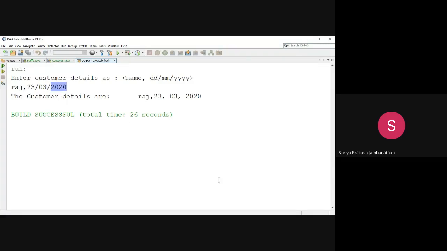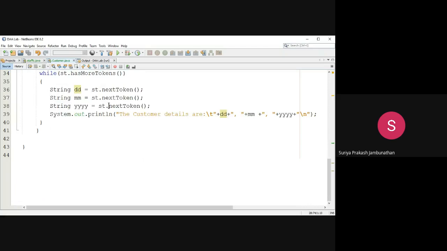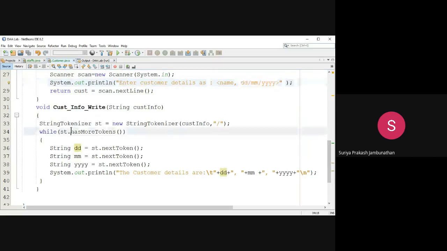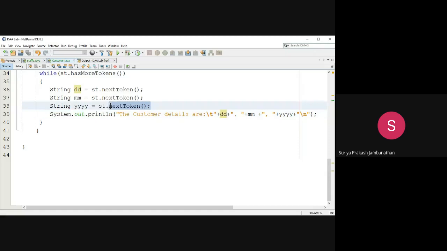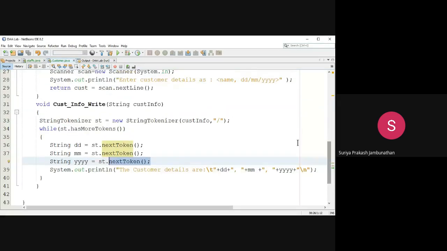That is segregated with the use of the string tokenizer, and we are just using the string tokenizer methods, the next token method. Next token is a method inside the class called string tokenizer. Keep in mind that all the methods you are using, hasMoreTokens and nextToken, are under the class called string tokenizer. Without importing this particular package, you are not able to use these methods because these are predefined methods, which are inside the particular class.